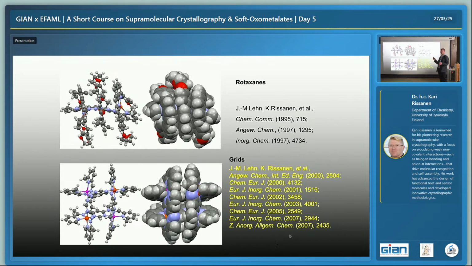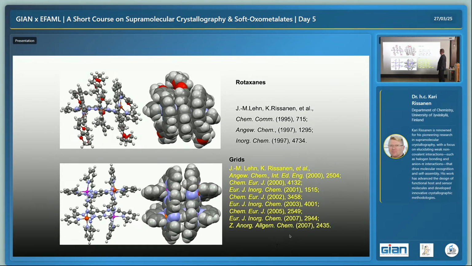So it's a really compact structure. Nature normally, especially in a solid state, doesn't like vacuum or empty space. So molecules normally have to touch themselves. That's what happens here. There's pi-pi interactions. So we did quite a lot of work with Jean-Marie on his rotaxanes, but we also then later on,